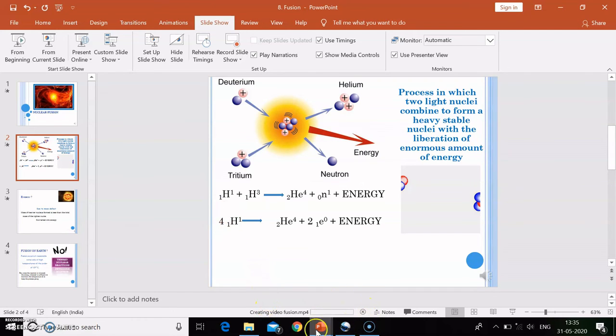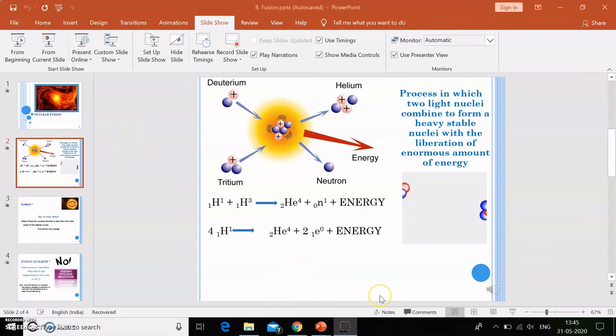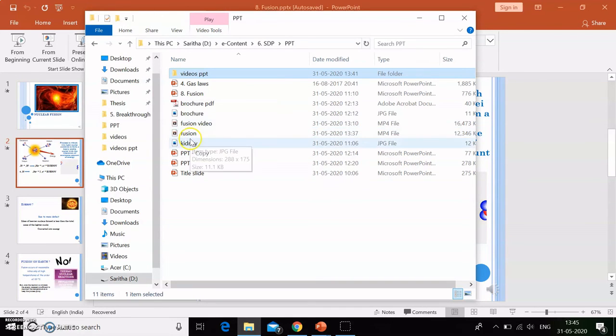Now at the bottom you can see your slides being converted into a video. Let's wait until it is complete. After complete conversion, go to the folder and you will see your video file in MP4 format.